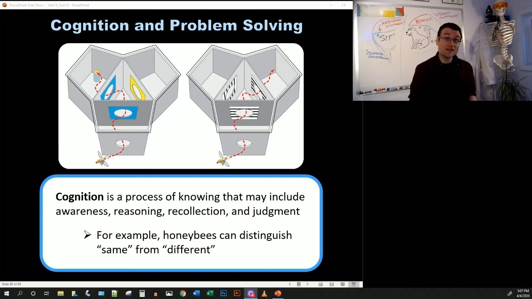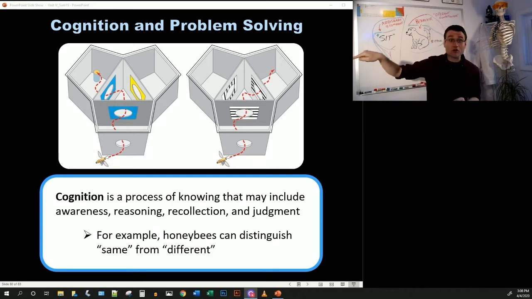You can take bees and present them with, you can see it right here, a chamber that has 3 little rooms in it, and then a kind of triangular chamber in the center, which leads to each one. And what you can teach the bee is that whatever pattern or color is around the entry when you first come into this center chamber, that is the one you want to go to in order to get the food over and over and over again. Now, they're not teaching the bee that blue leads to the food. They're teaching it to follow whatever the same pattern is.